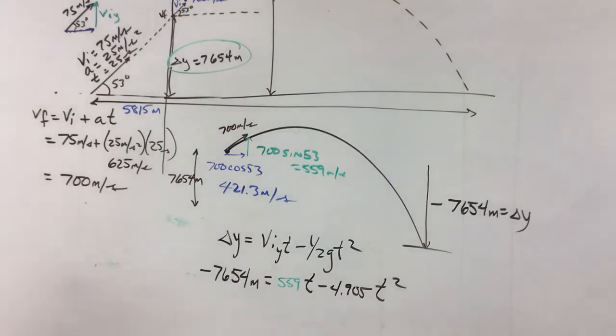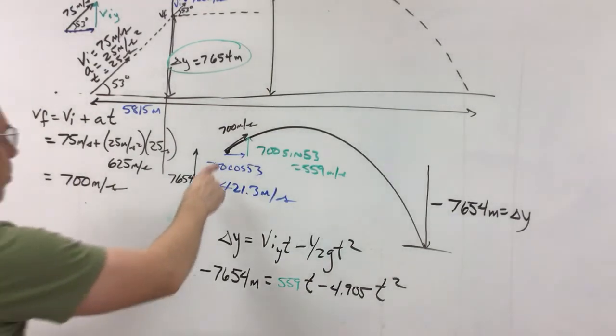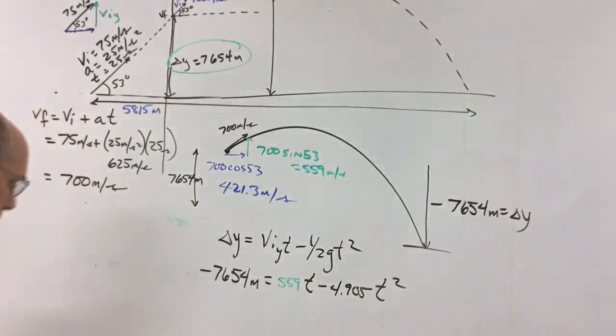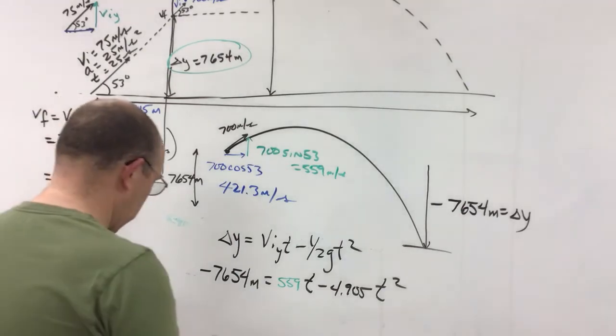Well, that's our quadratic equation again. So now I can find the time that it takes to go from here to here simply by solving the quadratic. And I get a time of 126.3